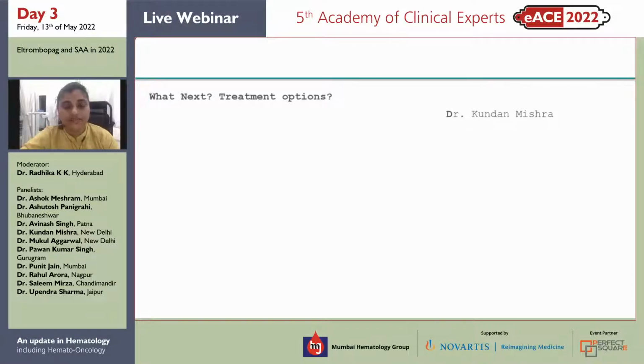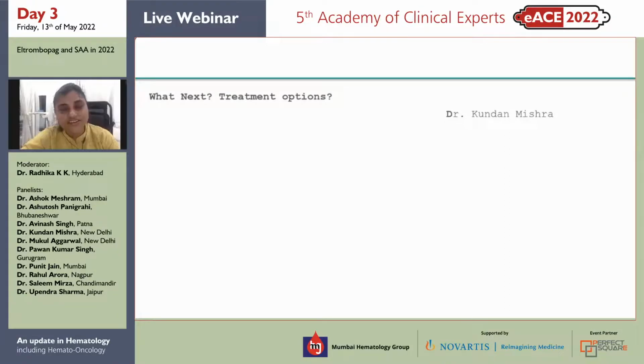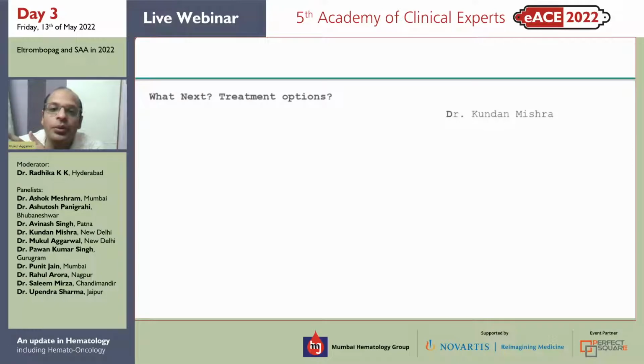That would be my go-to regime at this stage in this patient. Yes, sure. So that's the routine practice. Yeah, the only thing is that if the patient wants to opt for a MUD transplant, that could be an option which can be discussed. At 33 years, you want to consider an upfront MUD here? That is one of the options we can discuss.